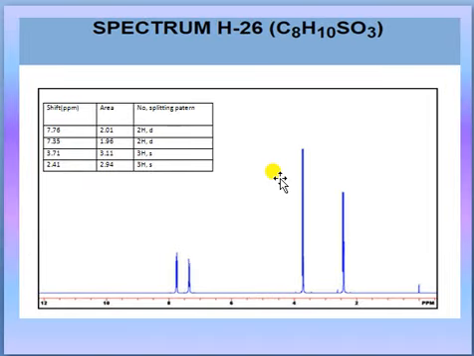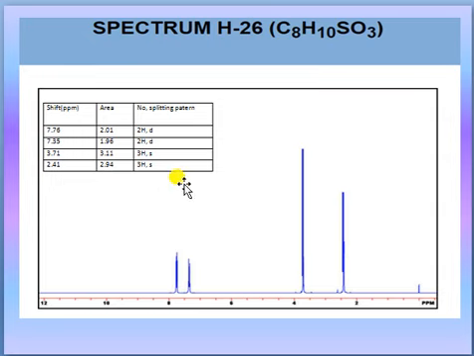See this one, there is a C8H10SO3 molecule. So we will see. Let's calculate the BDE. If you calculate the BDE, the value is 6. So 6 BDE value, and SO3 is there. As SO3, we can say sulfate type of things are there.